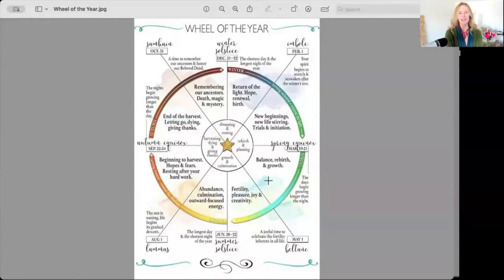And let's use the work of Erin Bruce, who did a beautiful infographic that I found on Etsy to support us. I'm going to tee this up in a screen share. This is the wheel of the year. It's an earth-based